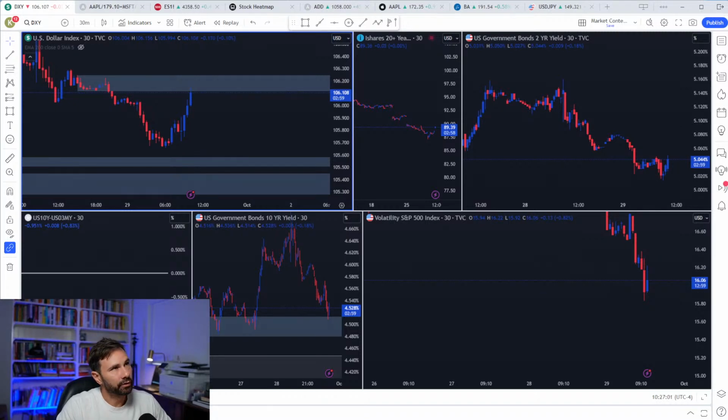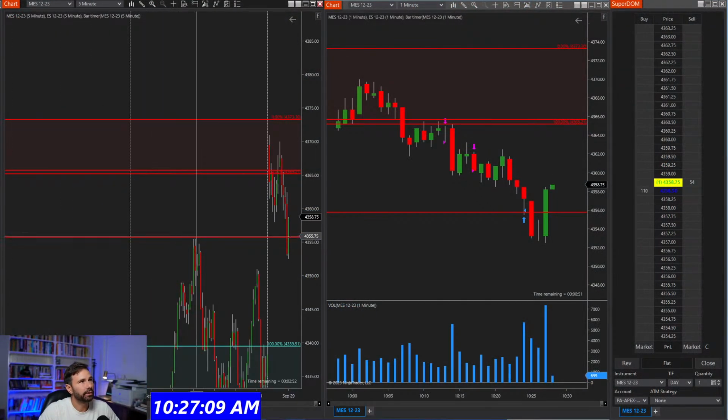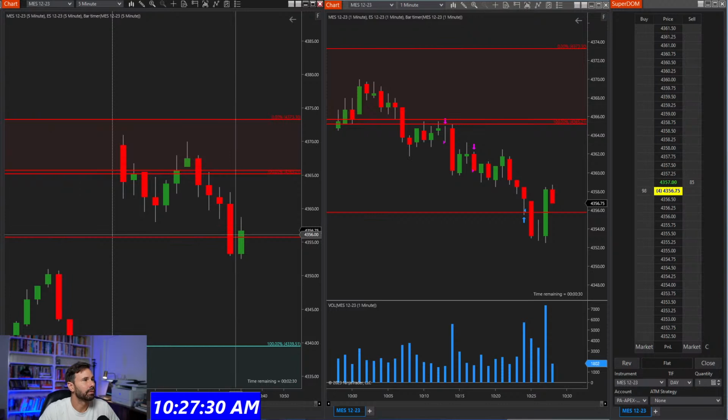And regarding the market structure on the ES, we do have yesterday's high right here. This is the red line. My target was right here, 56. I didn't want to suffer through this pullback, because regardless of whether prices are going to continue higher or not, I think this area always causes some sort of pullback. That's why I didn't like it. I think the momentum is to the downside, but